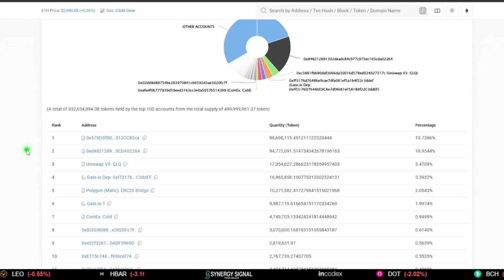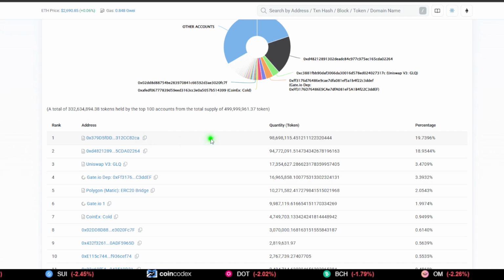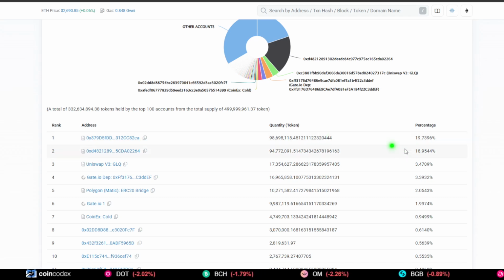But again, I'm not going to get into the absolute depth of the contract, but it would be nice to have these contract wallets listed on the GitBook and describing what these wallets are for and who they belong to and where they are. Like, this is a lot of token. This is a lot of value. 20% total is about 40%. I don't know who they are. I don't know where they come from and where they belong.